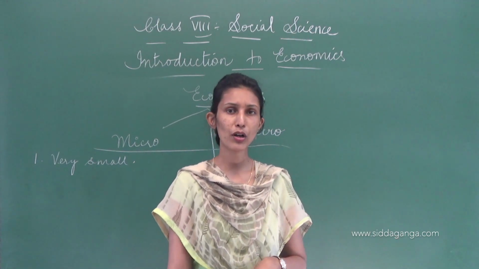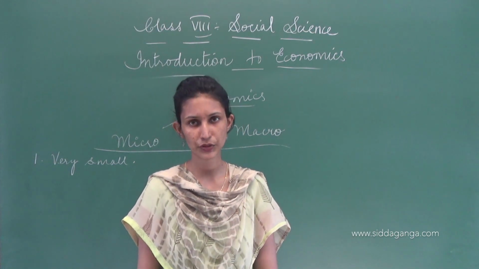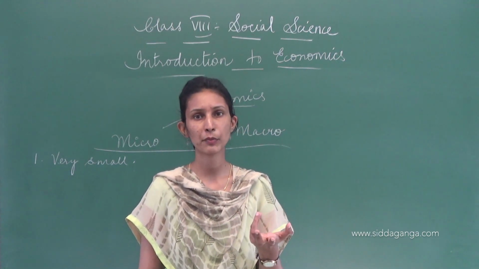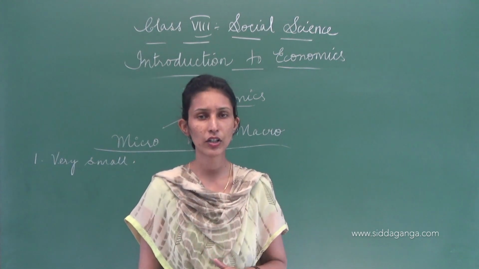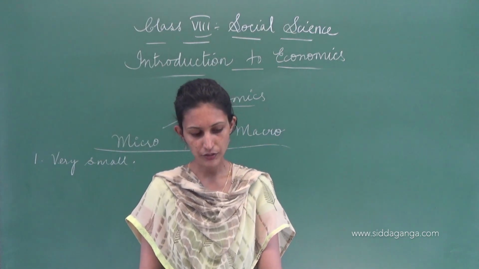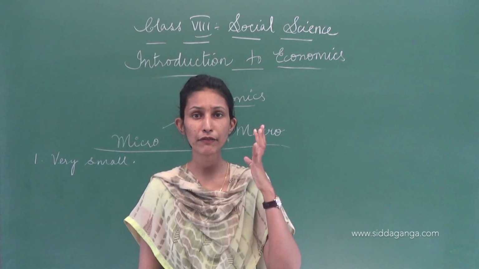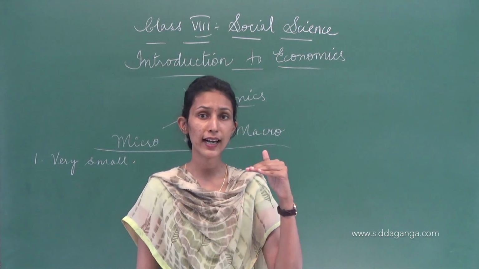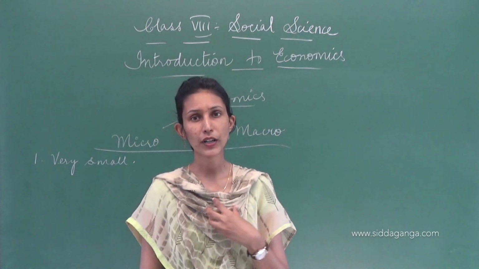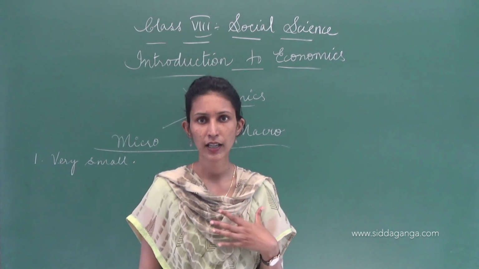So different wants alike will also show us how this kind of distribution is there. When there is a distribution of income, sometimes some people may get 500 per day, and some, even if they are working on a regular job, may be paid 800 per day, okay. So that is how. Now, I want to buy 5 things, so I have to prioritize. That is, I have to know which is important, which is not important. So whatever individual decisions I am making in order to get the maximum satisfaction that I want is studied under